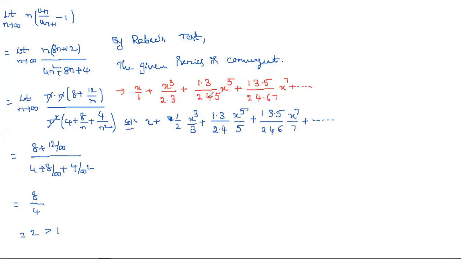They give 2 into 3, 2 into 4 into 5 and 2 into 4 into 6 into 7, like this. See clearly, the difference is also not the same. In 2 into 4 into 6, the difference is equal, but here the difference is not the same. So actually the problem is like this, but see how they give it. That's why they ask this question many times, and it is a very important question.